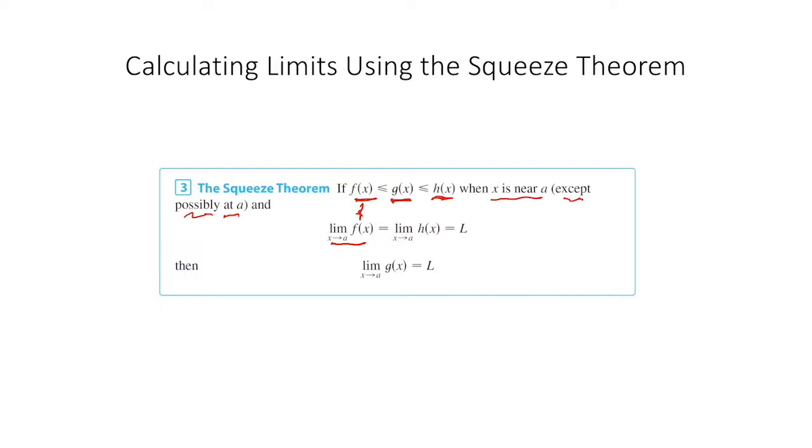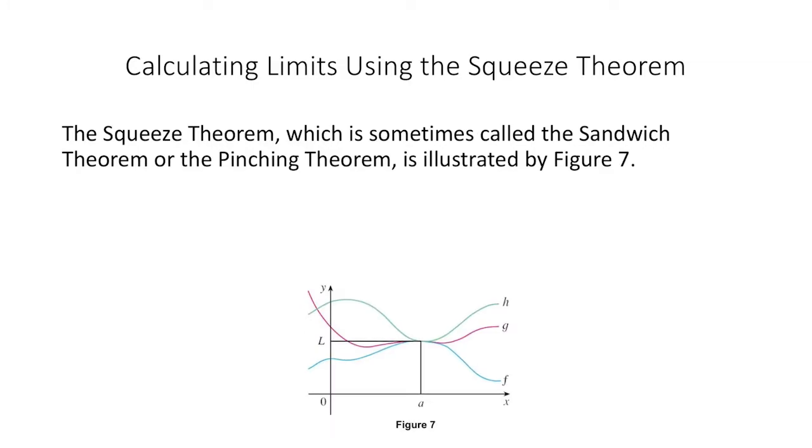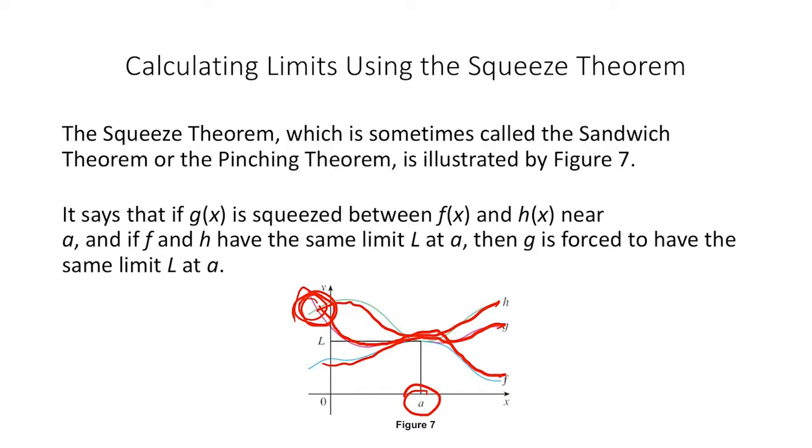So now let's look at our funky example. Well, before the example, there's a picture that we like to look at, where the graph of g is sandwiched between the graph of h and f near x equals a. So near a, anyway, the graph of g is sandwiched between. Far away from a, other things might happen. Out here, g goes above the graph of h. So let's look at our example.